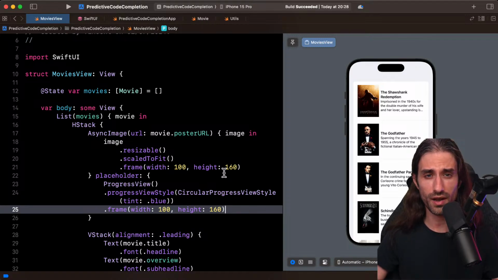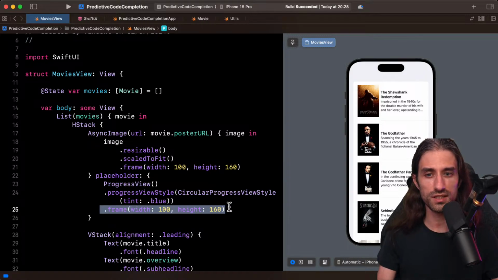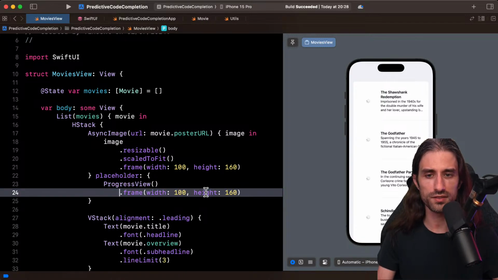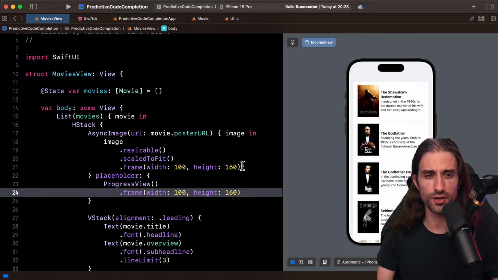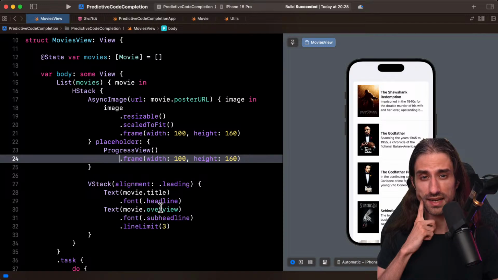160. So it does seem to show that this here is a signal that helped generate this line, which is quite nice because it shows that it's also context aware, at least at the local file level. I guess it's also aware at the project level, but here we have what seems to be a light proof, but still an amount of proof that it understands the current context. And we could see the placeholder even though it was very fast. Okay, so that's pretty nice, to be honest. What could we do next?